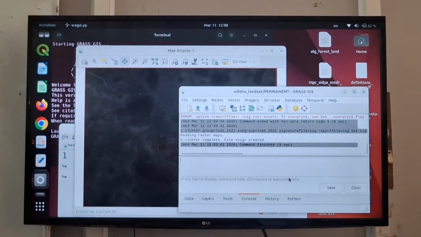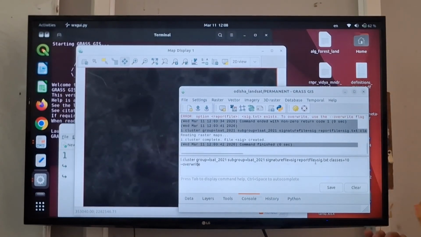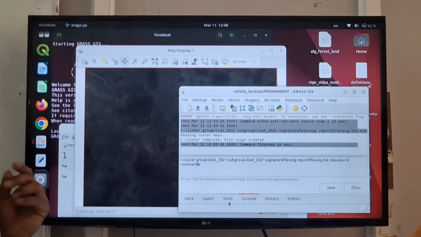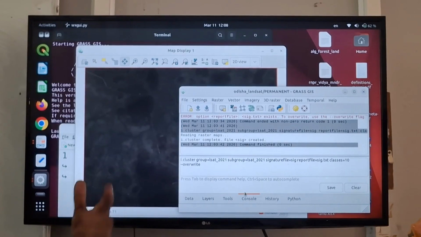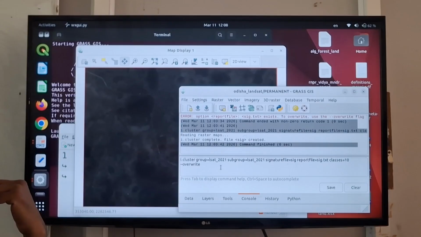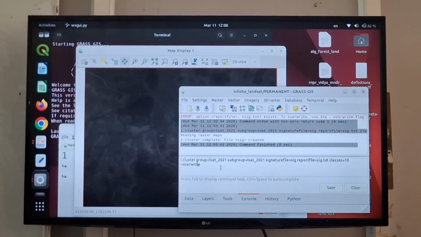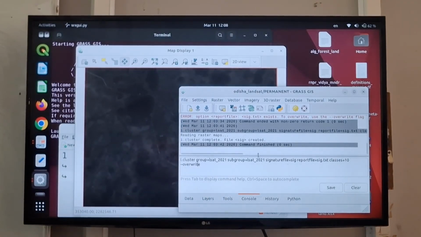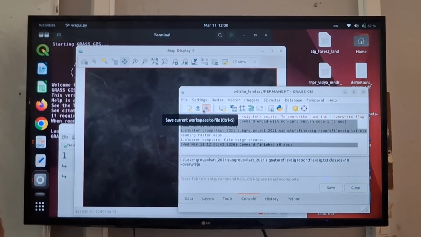So when you have this command, now it's not showing me anything, but it has created a clustering of 10. Pay attention here now. We'll check these things later on. So let's say now it has created a signature file called sig, and generated a report file which is stored somewhere. And this sig file will be used now in an algorithm called maximum likelihood. Maximum likelihood is a statistical method of